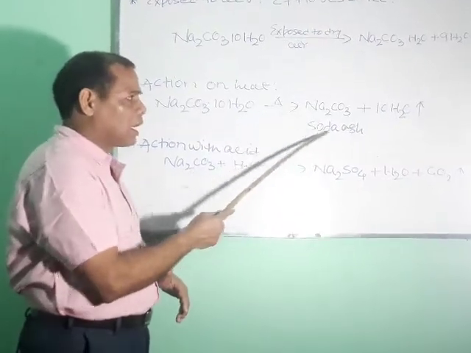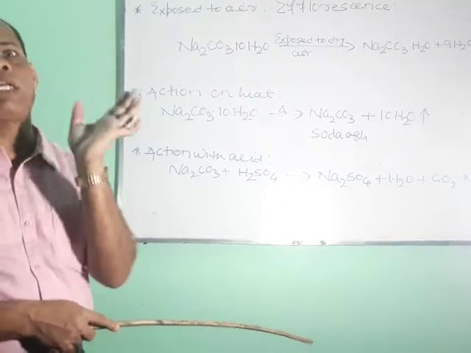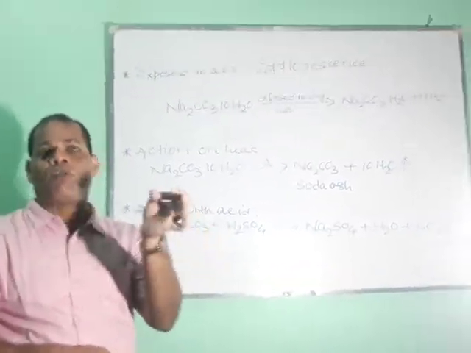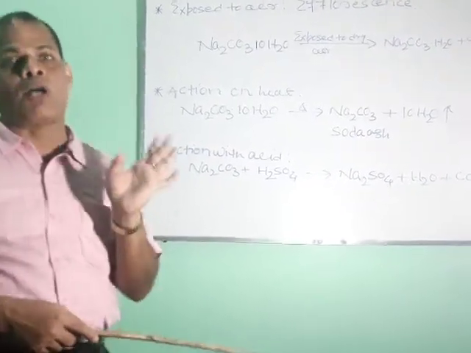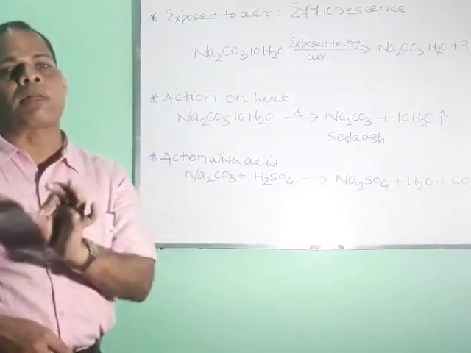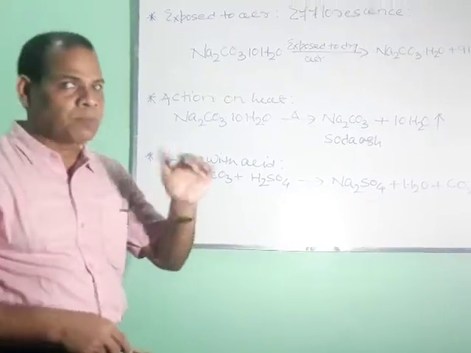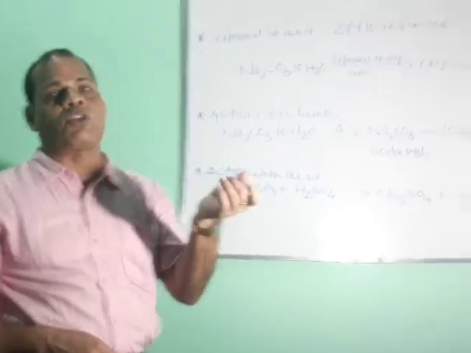Anhydrous means it does not have water molecules anymore. A hydrated salt is one which associates a definite number of water molecules. After heating, when it loses all the water molecules, it is called